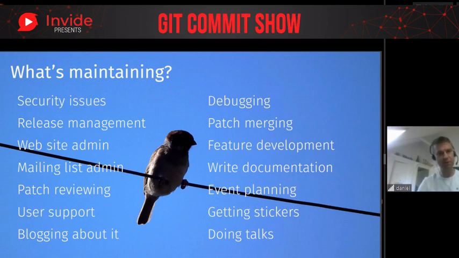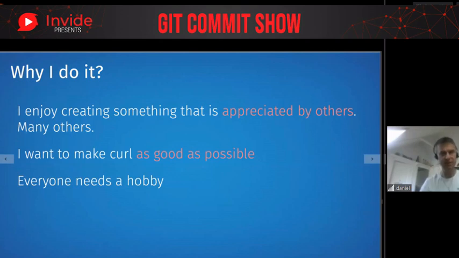is also important. But all of this, of course, every little piece here and all these, what is it, 14 different areas, all of these, of course, take time and effort. And it's a lot of work to maintain a project and make it work. But, of course, it's a lot of fun. I do this for the fun of it.